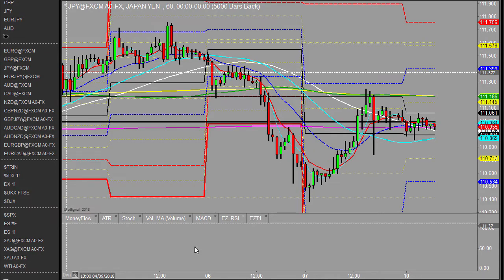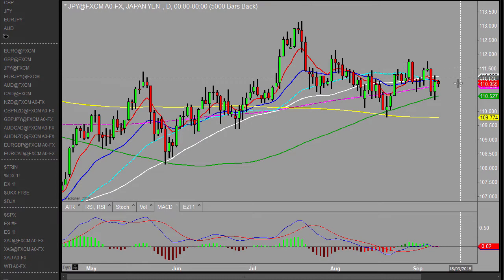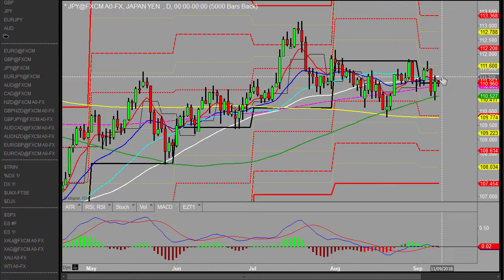So dollar yen, let's start with the bigger picture here. It's had a bounce through the Asian session. Quite often we see money moving back into the dollar yen. It had set up a daily pivot swing. Sorry, I see the Asian session, that's Friday's session that had the bounce. Beg your pardon, I'm looking at the daily here. It never really followed through from that bearish pivot swing, finding support just through the daily 100 there.